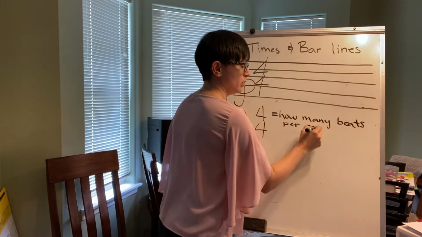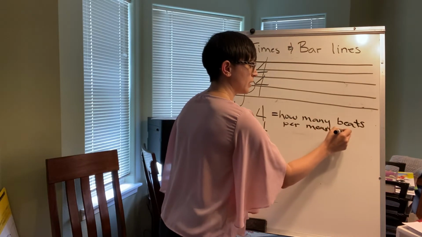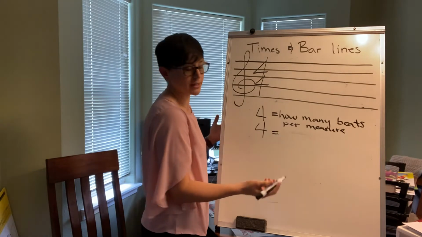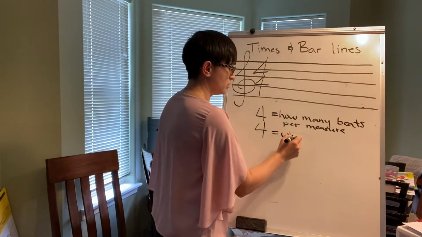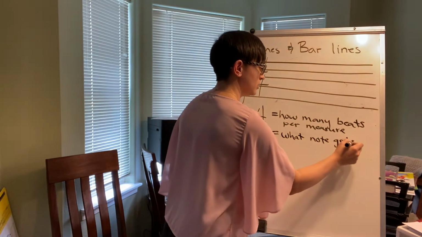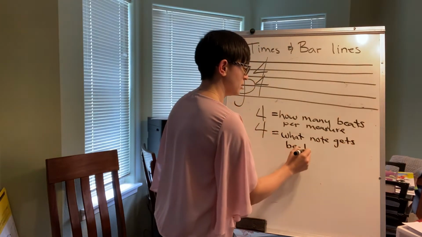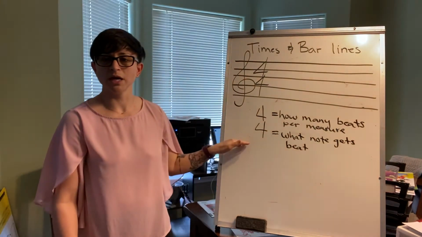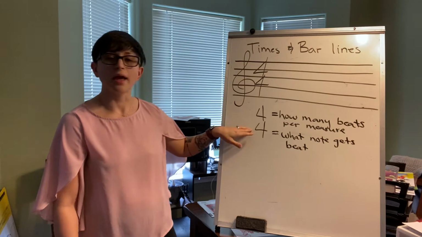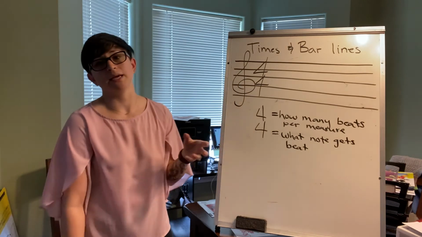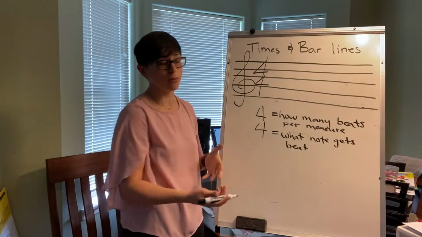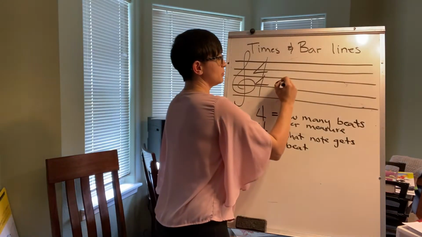Per measure, okay? And your bottom number is going to tell you what kind of note gets the beat. So in 4/4 time, you've got 4 beats per measure, and the 4 on the bottom indicates that the quarter note is what gets the beat. So in a 4/4 measure, you can have